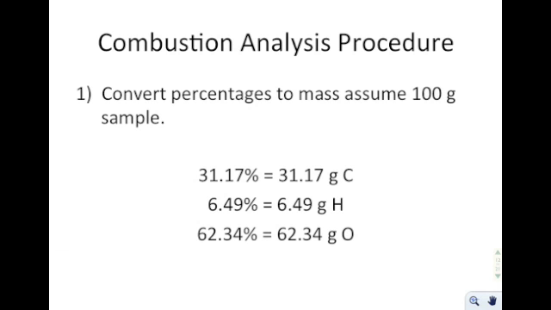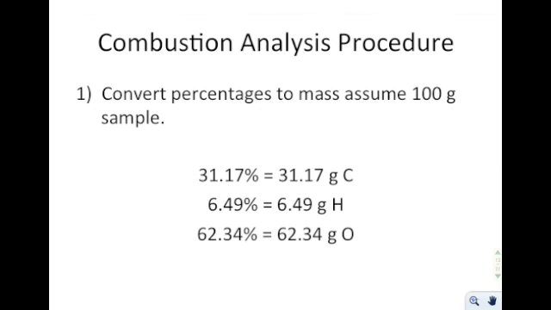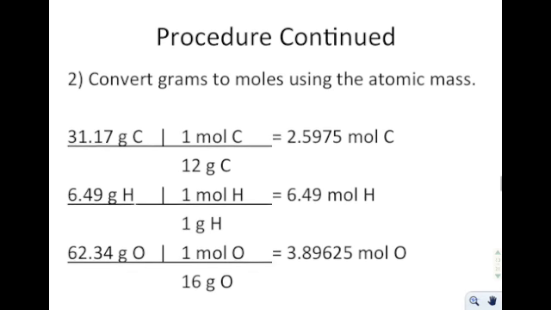6.49% becomes 6.49 grams of hydrogen. You're just taking the percent sign and replacing it with a gram sign. You also have to make sure that the element that goes with it is there as well. So once you've done that, now you need to figure out the number of moles that are present in your